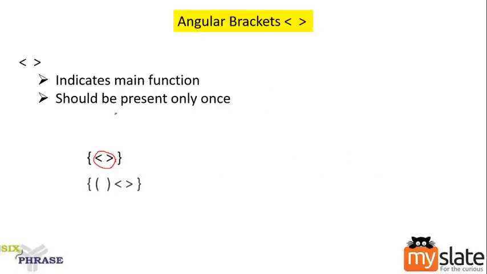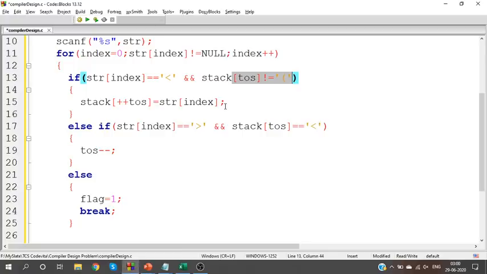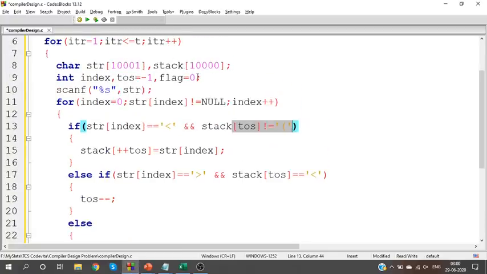Yes, so our program is going to work for this test case. Obviously, no compilation errors. Next one, look at this. I have one main function and I have another main function, but it should be present only once. So I need to track how many times I have the main function, right?